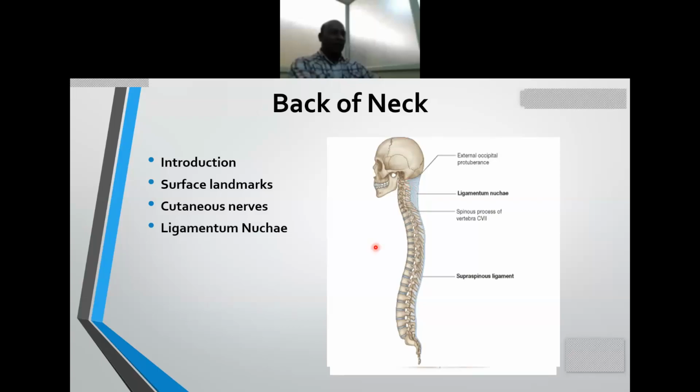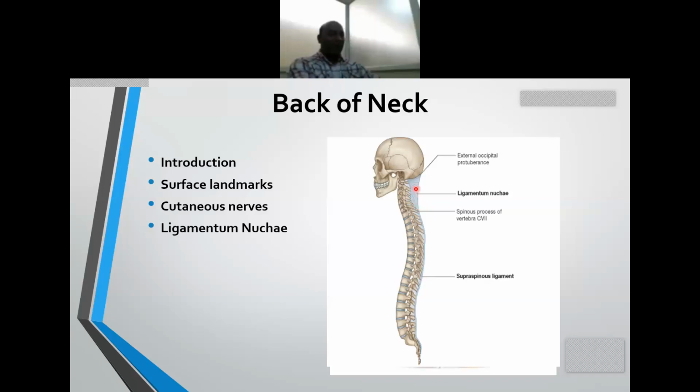And the ligamentum nuchae. It is a composite ligament which is made up of a median raphe dorsally, dorsal in the sense towards the back, towards the surface. There are interwoven fibers, the aponeurotic fibers from the trapezius muscle and the splenius capitis muscle. These interweave and they form a median raphe in the midline, which extends from the external occipital protuberance here all the way up to the C7 spine.